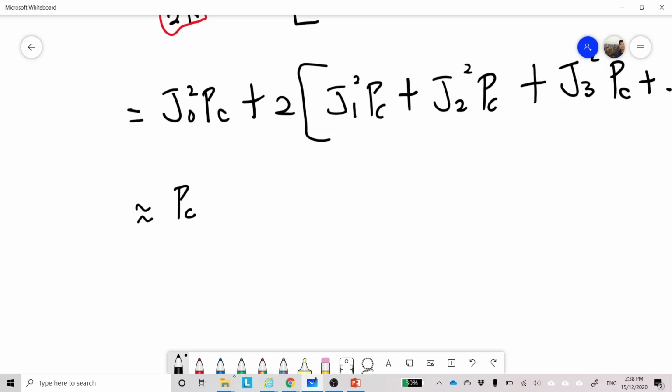Sebenarnya theoretically you should get equal to PC theoretically. However, in your notes, the Bessel table has removed the value less than 0.01. So that's why you get approximately equal to PC. If the table did not remove the value less than 0.01, you will get exactly the same as PC.